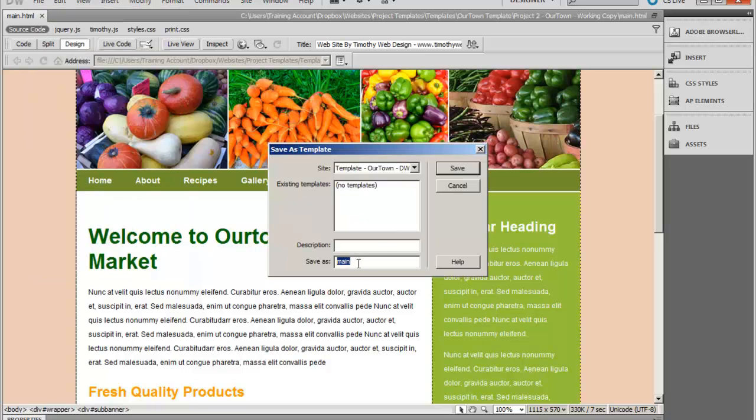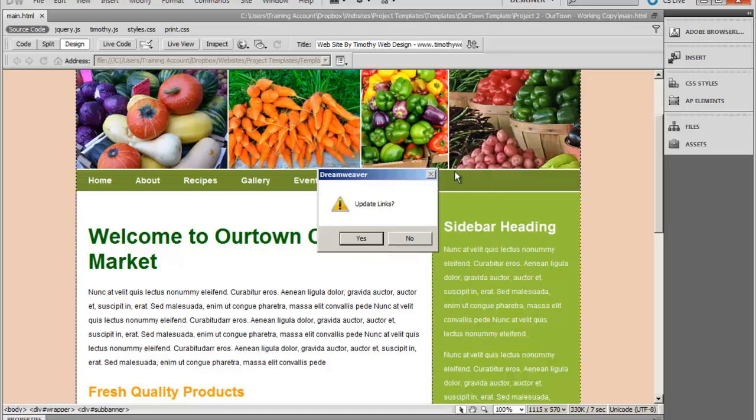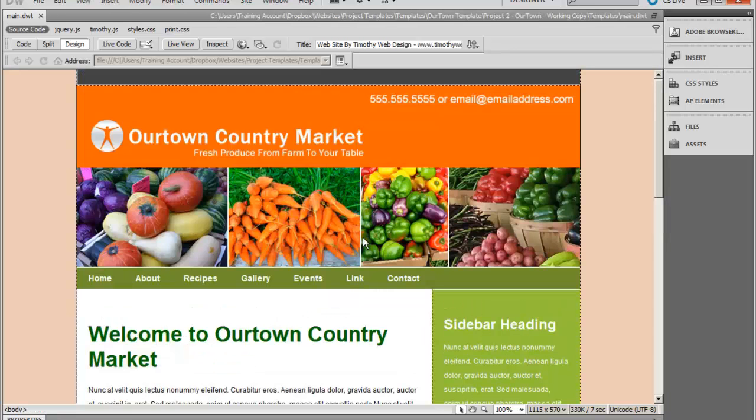And you can name that template whatever you want. But name it something that's descriptive. Since I'm only going to have one template in my site, I'm just going to leave it alone and call it main. And then I'm going to go ahead and hit Save. Update links is always going to be yes. And you now have a new file called main.dwt,